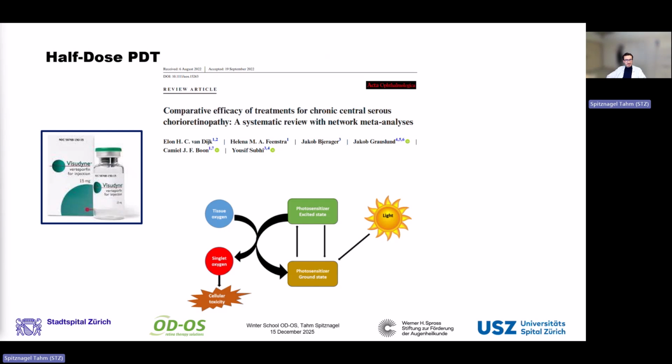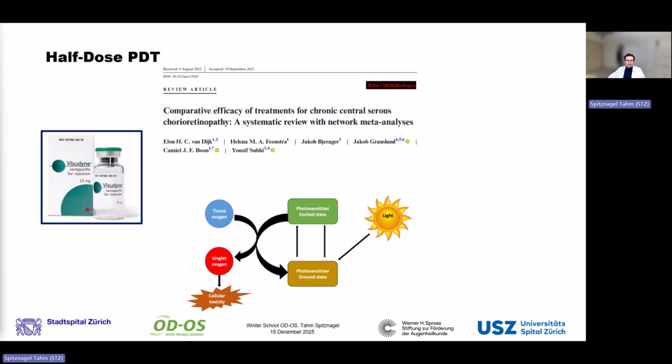Half-dose or half-fluence PDT is currently considered as one of the most effective treatments, as said. The therapy primarily targets the choroidal component of the disease rather than the neurosensory retina. After intravenous administration, Visudyne accumulates preferentially within the choroidal vasculature. Upon activation by laser light, this molecule generates reactive oxygen species that will induce a localized oxidative damage to the